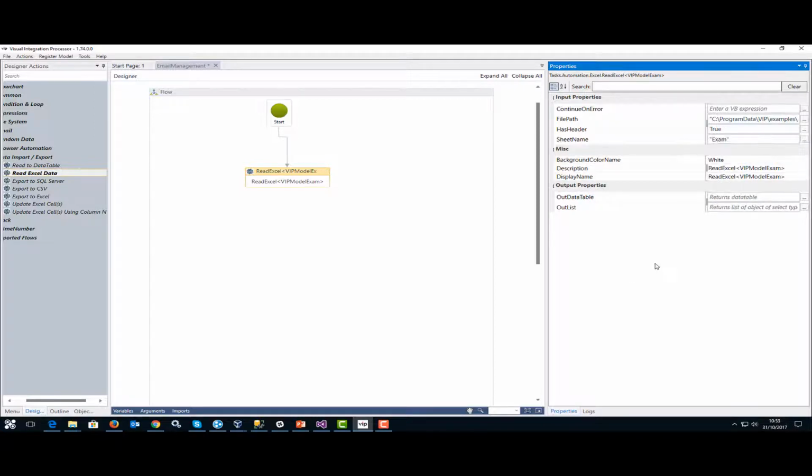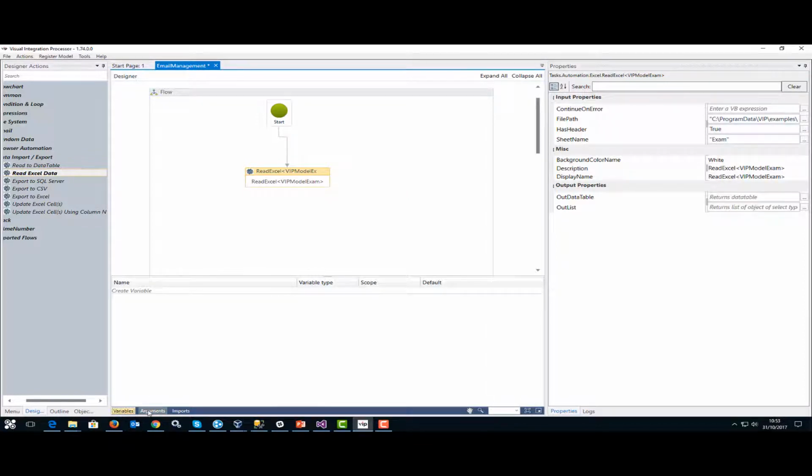So well, we're good to go. Now we're going to read it in, but we've got to put it somewhere. So what you'll see down the bottom is your variables, which we don't have any at the moment, and arguments, which you've got to think of as parameters. So what we need to do now is to create some variables to pull the data into from the Excel